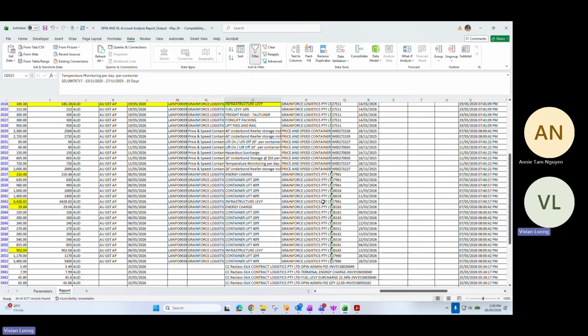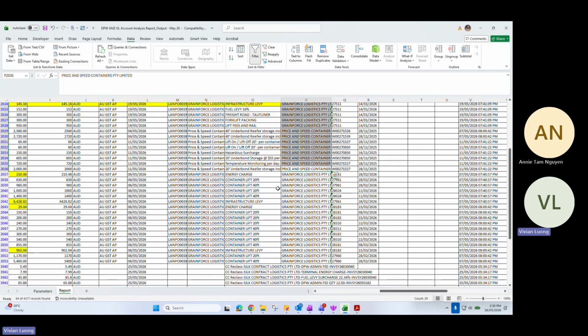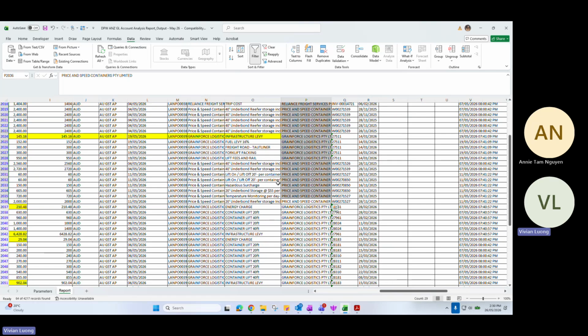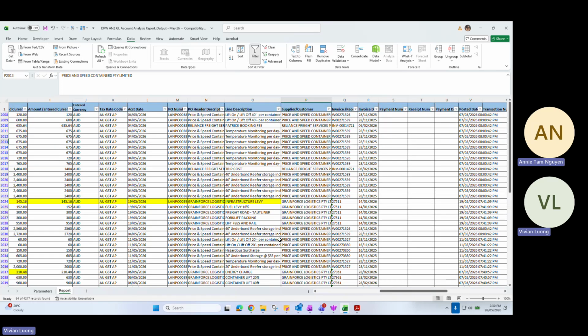So you know which ones have been done and which ones are not. Yeah, all of the price and speed, right? You can see it has not been easy to recharge to another entity. That's why if we review our GL early, we can always get this moving before month end. Okay, so for price and speed, for now we charge,